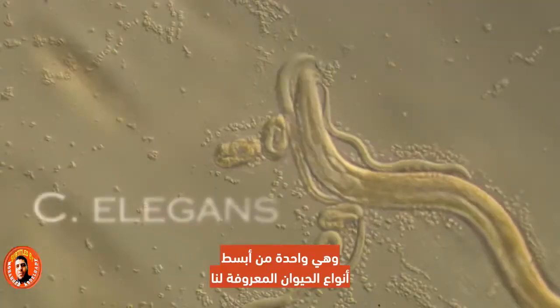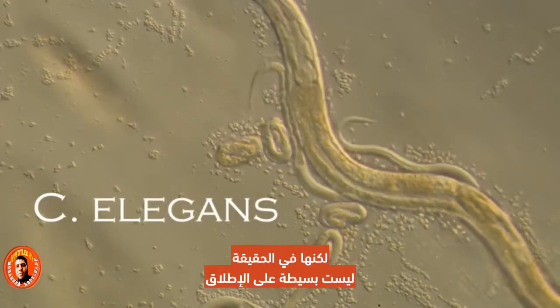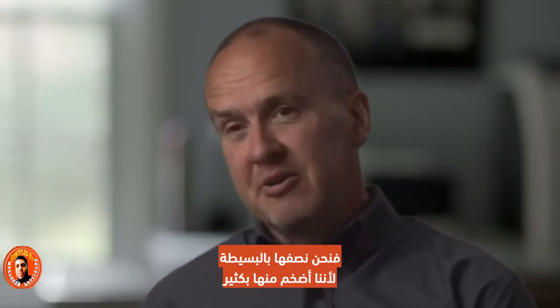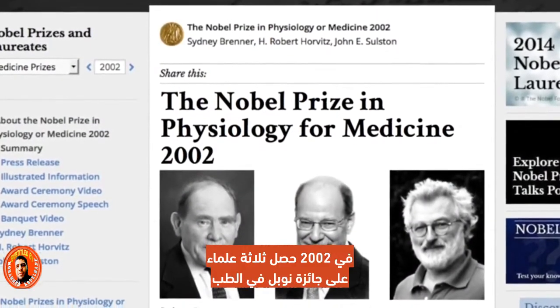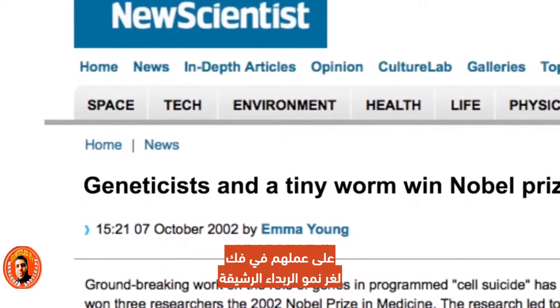C. elegans is one of the simplest kinds of animals known to man, but in reality, it's not very simple at all. We call it simple because we happen to be a lot bigger, but 100 million base pairs of DNA is not simple. In 2002, 3 scientists were awarded the Nobel Prize for Medicine for their work unraveling the mystery of